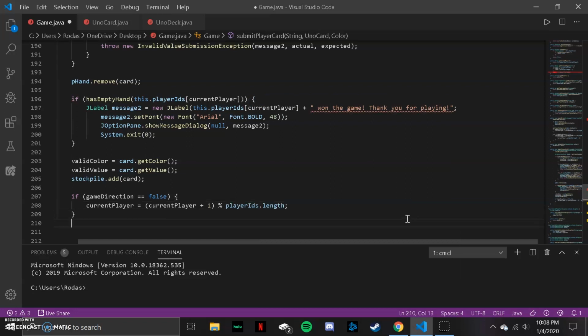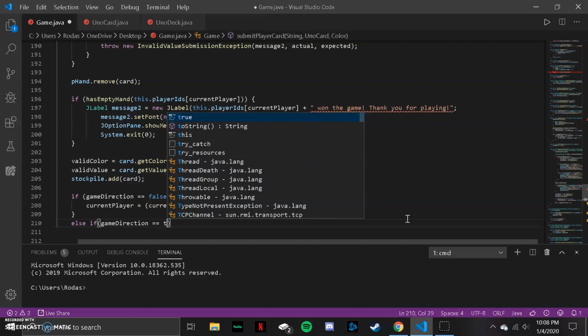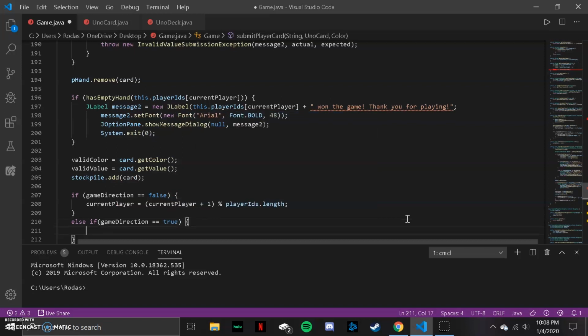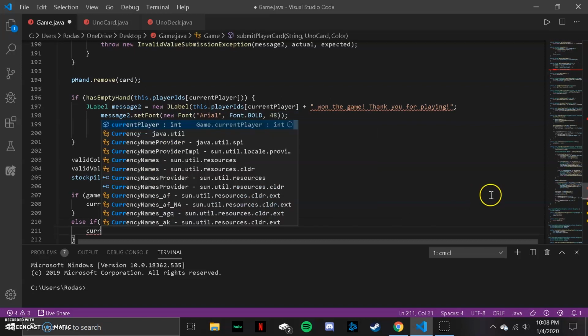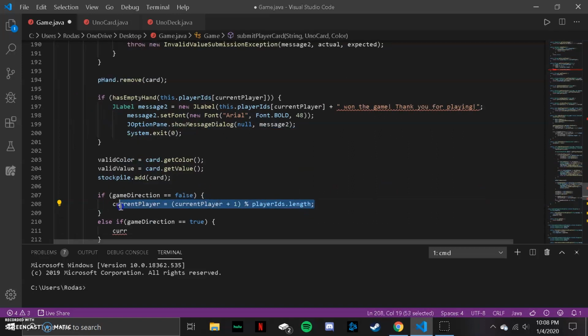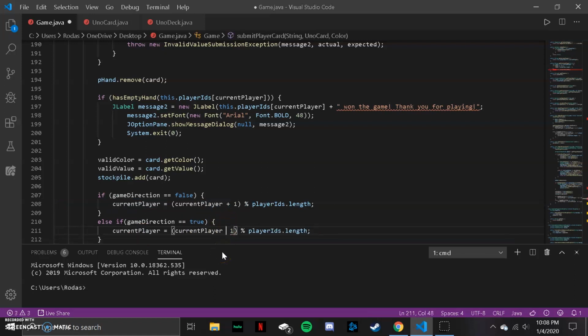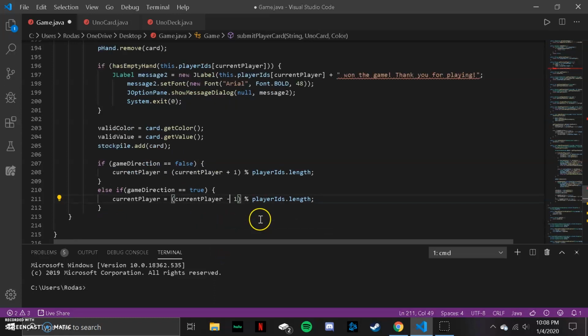And then else if the game direction is true, you can do it by doing the same thing. Copy and paste this. And I believe we're just subtracting 1. And then